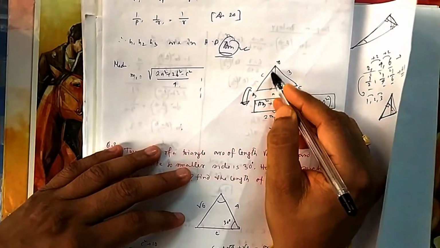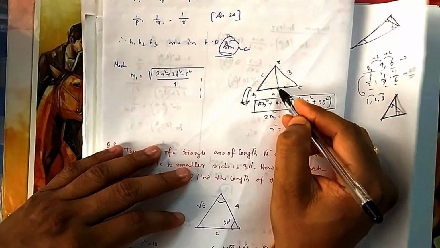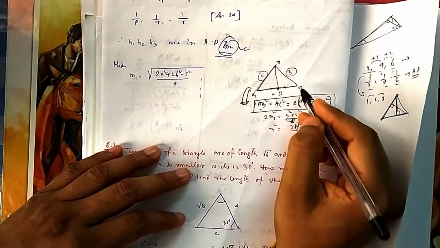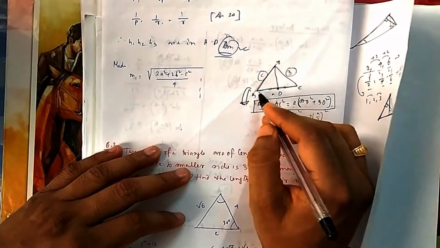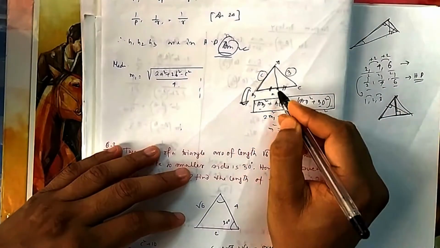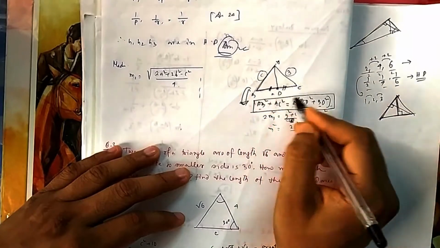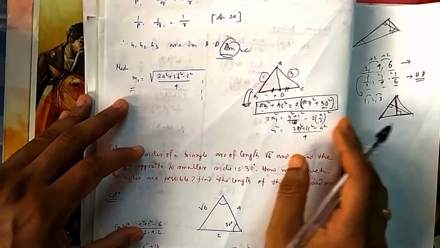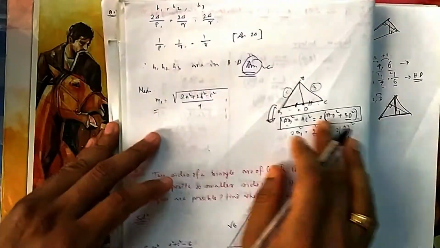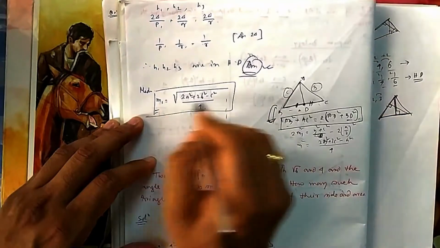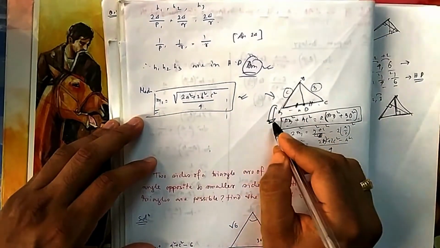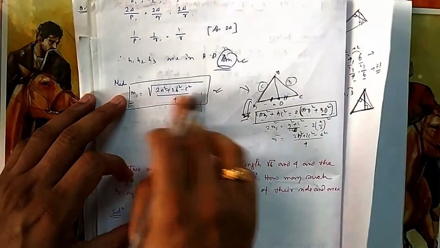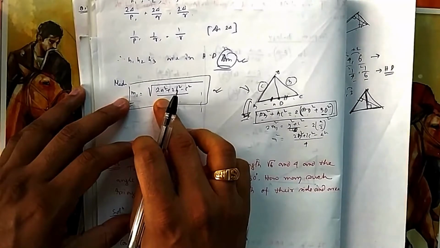So if you see, this is the triangle and this is your median, suppose AD. So how to find the median? AB square plus AC square is equal to 2 into AD square plus either BD square, because BD and CD will be the same since it is a median, so D is the midpoint. So either you take BD or CD. From here you can calculate the median in this way also. If you change the sides, then you can remember this formula. But I will recommend you remember the original theorem, that is Apollonius's theorem, which is a very standard theorem. From there only, if you change sides and do a little bit of plus minus, it will come.